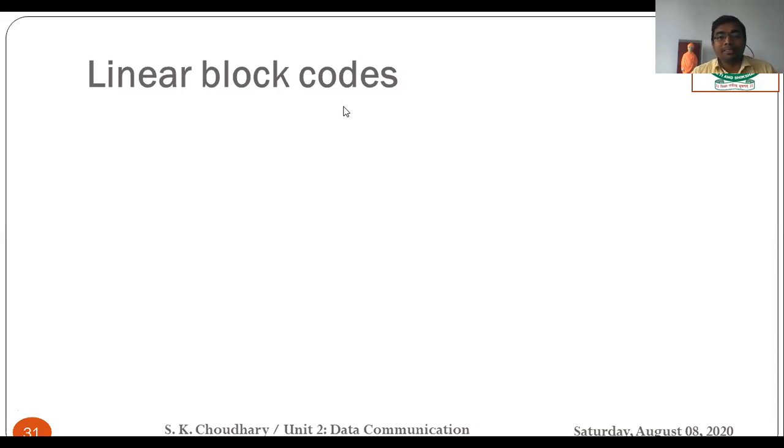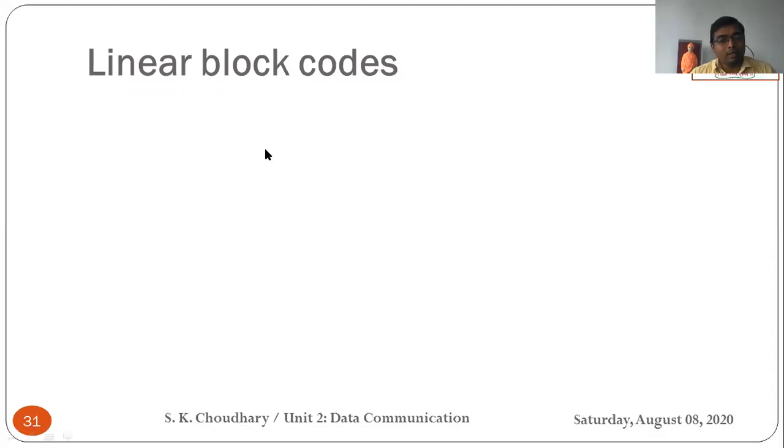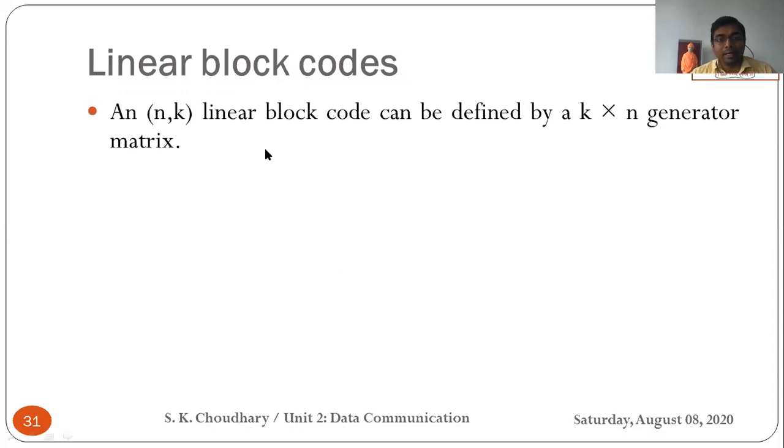What is the meaning of the generator matrix? Let us take a quick look again at the linear block codes, because we have to finally complete this topic today with one or two examples. So what is a linear block code? It is an n comma k linear block code. Generally, a linear block code is defined with this